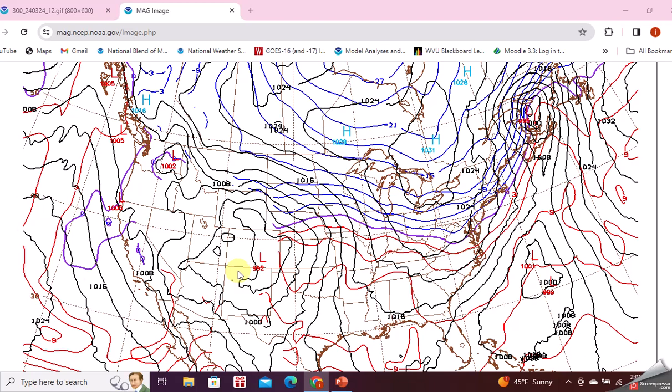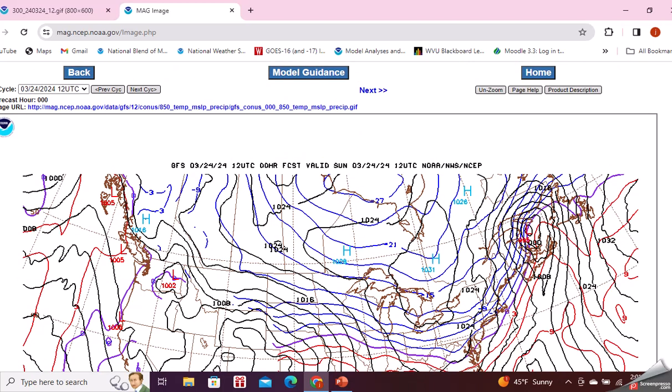So I just wanted you to get a feel for these. I can go out and look at how this is going to evolve with the pattern here. So if we were to say this is an initial analysis for 8 a.m. today, let's look at 8 a.m. tomorrow. So we'll go there. We'll come back to this a second here.